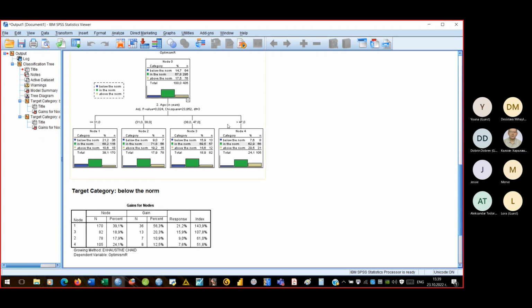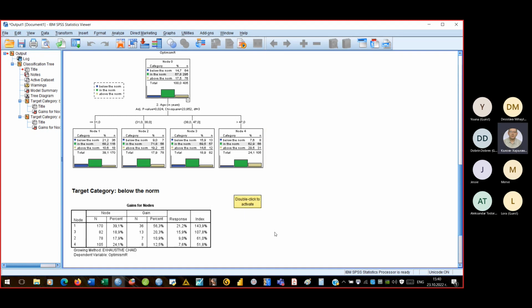And in node number 4, here is the percent: 29.5% of persons are above the norm. And we can see these percentages as values, as numbers, and we can see these percentages as charts with different bars, with different colors representing different categories of the dependent variable. So